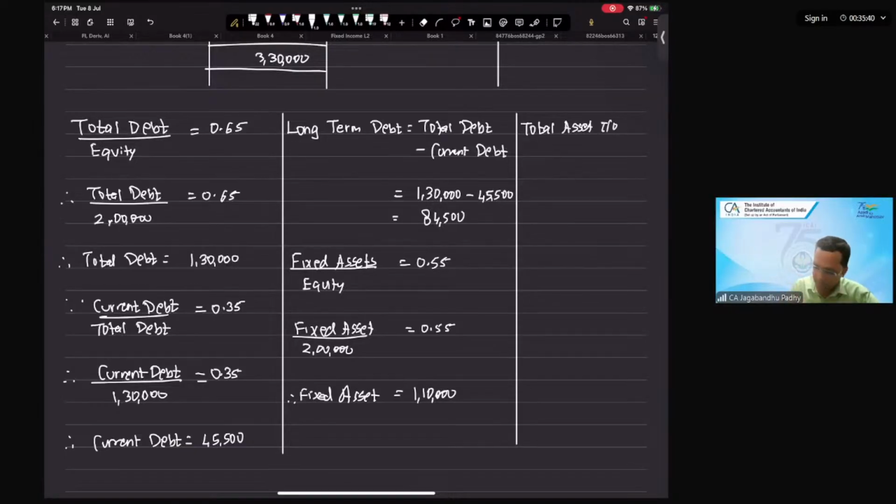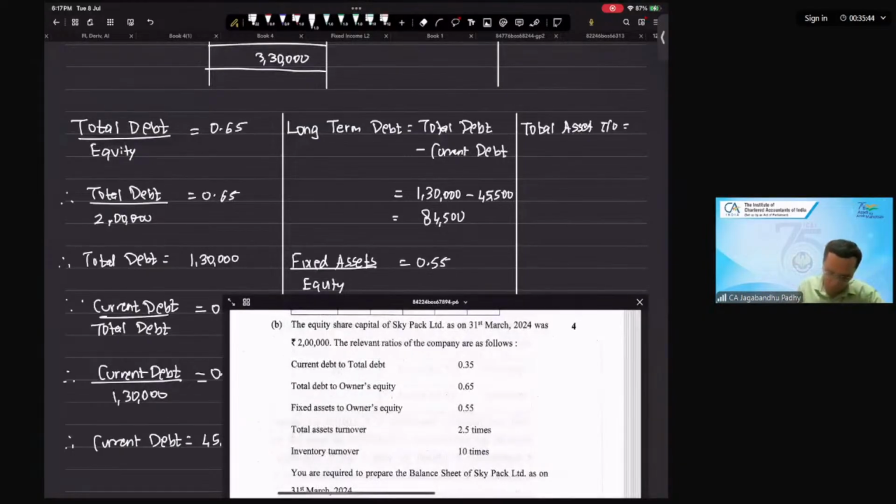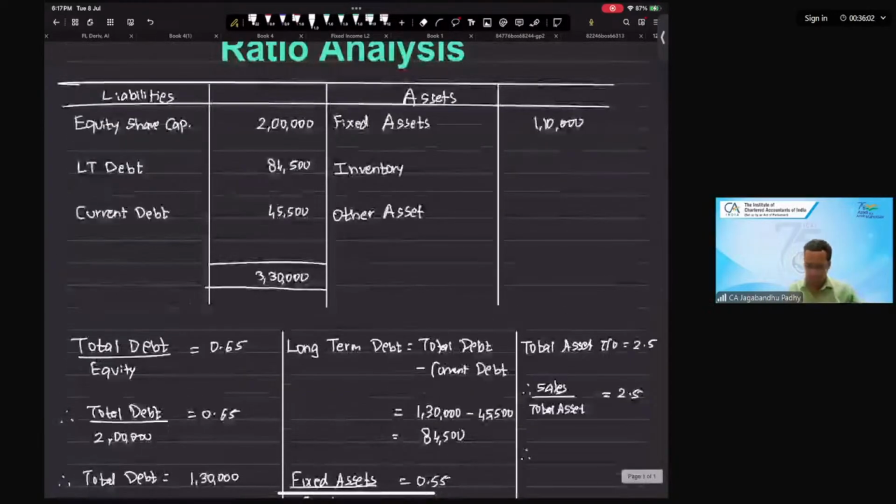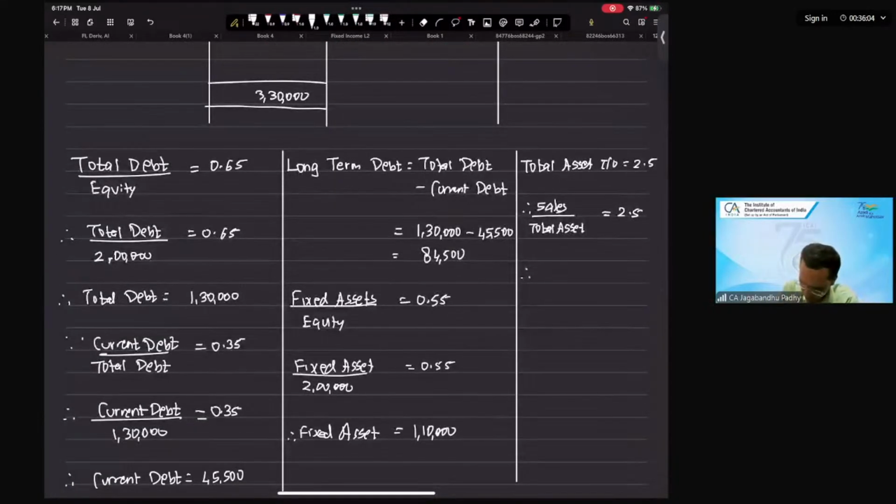Total asset turnover is 2.5 times. Of course, when we say it's 2.5 times, it means this is going to be sales upon total assets, which is 2.5. So sales is something which we don't know, or let us take this as based on maybe